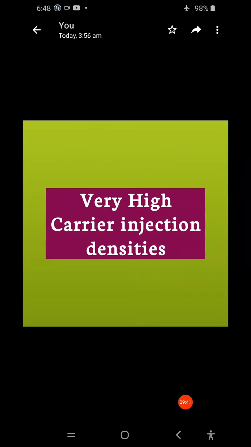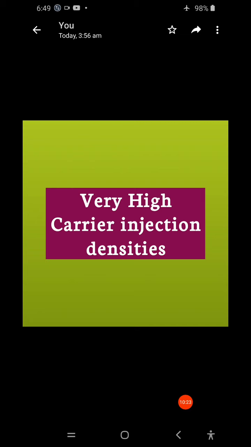So in this multimode step index fiber we can allow the light power from this edge emitting LED, because it allows very high carrier injection densities. Hence, we can couple it into a multimode step index fiber with the edge emitting LED operating at high drive currents.